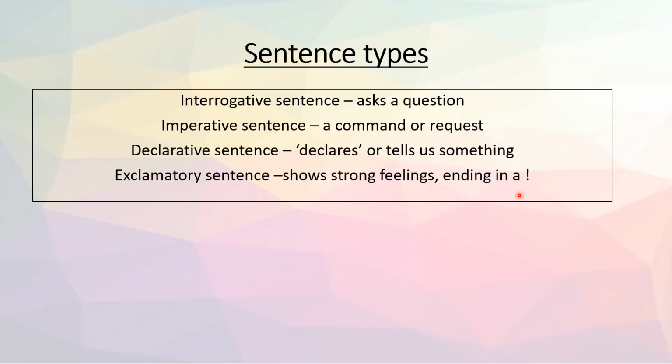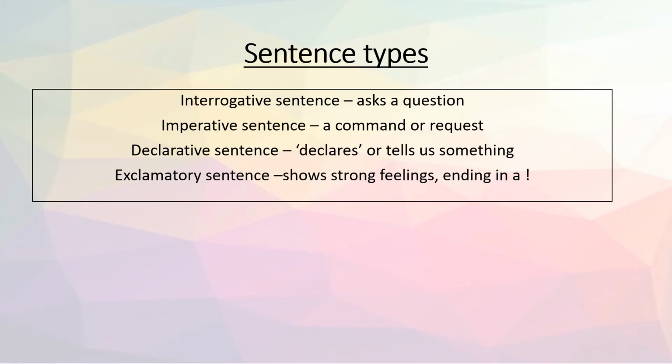Sometimes students tend to get these four sentence types mixed up, but I think if you look at the words and think about them logically, they're quite easy to remember. For example, for interrogative, you think of the word interrogate, which means to question. For declarative, you think of the word declare, and exclamatory, if you think of exclaim or exclamation mark, then these become just really nice, easy bits of terminology that you can use in your writing and analysis of spoken or